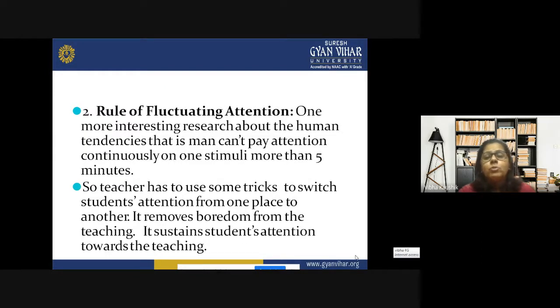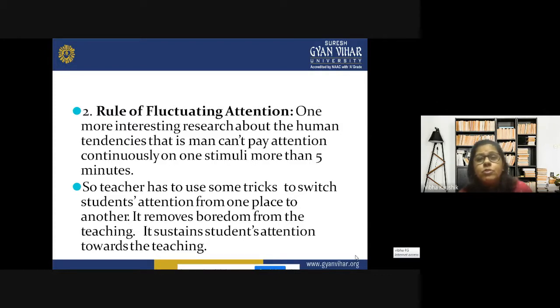Rule of fluctuating attention. One more interesting research about the human tendency, that is men cannot pay attention continuously on one stimuli more than 5 minutes. Now, what they are saying is that the attention span of a human being is not more than 5 minutes, and if we want the attention of the students to be better or more than 5 minutes, then the teacher has to